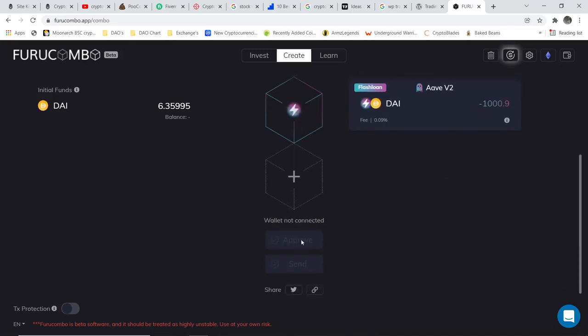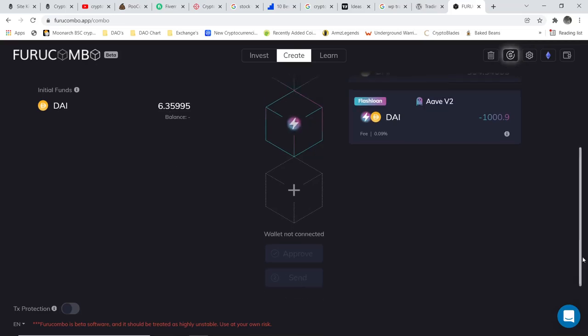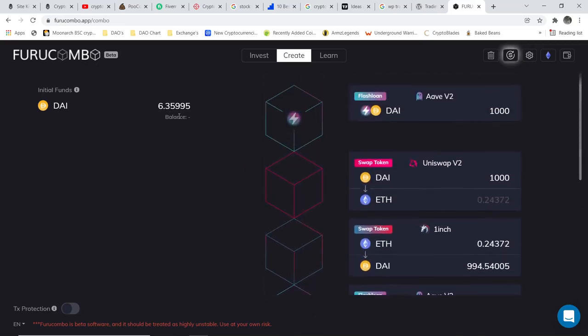And then once you've done that, you can approve the transaction, and once you approve the transaction, it'll give you an amount up here. In this one it's initial funds, but if it's a profit, it'll tell you that it's a profit and how much they pay you. Once you approve that, you'll have that profit up here, and then you can send that profit to your wallet. Yeah, so this is Furu Combo. It's an automated arbitrage system,